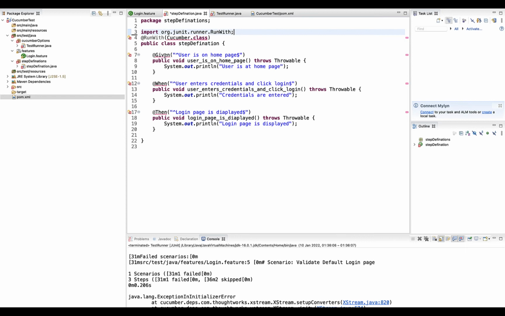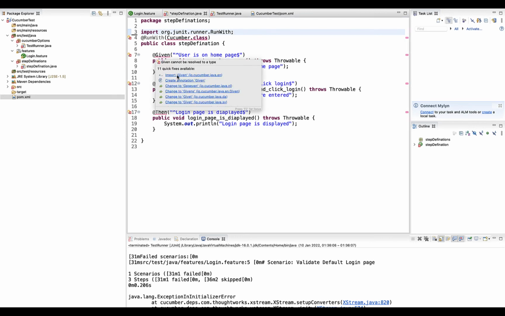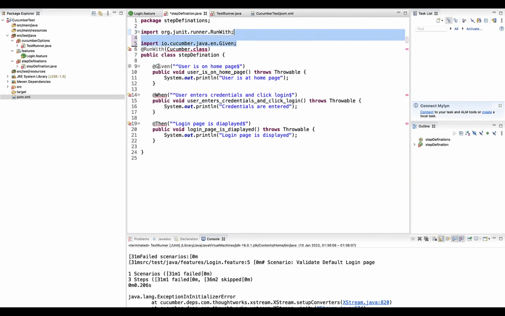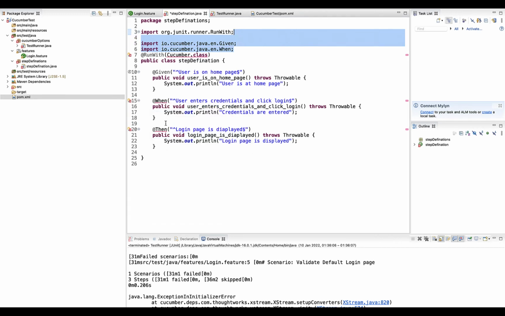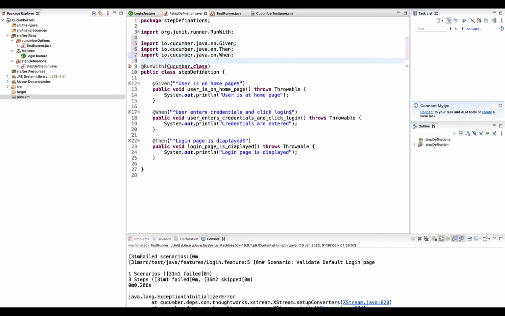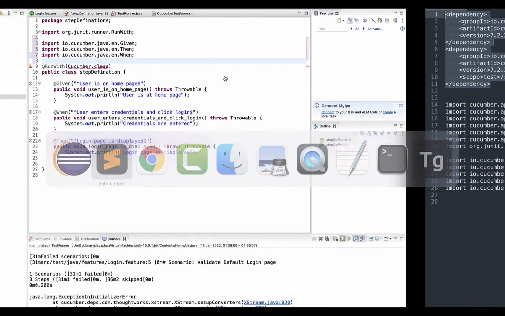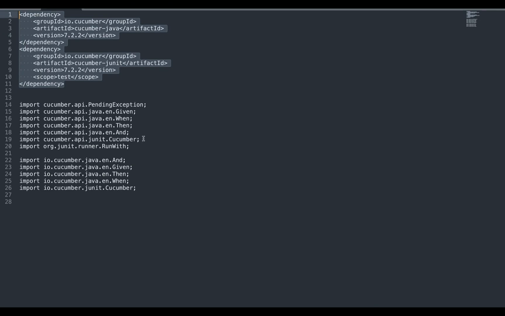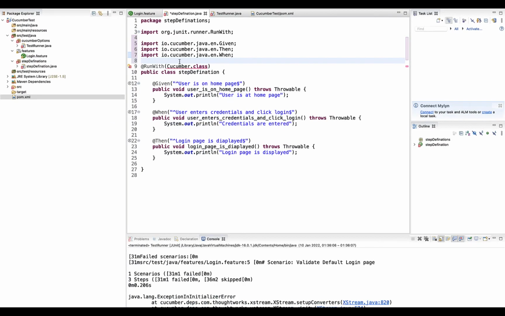I'll quickly import all of them. I'll import from io.cucumber.java.en the Given, and then do the same for When and Then as well. You can see this is done, and there is one error message again for the Cucumber class. There is one import again here, so I'll quickly import this and place it here.